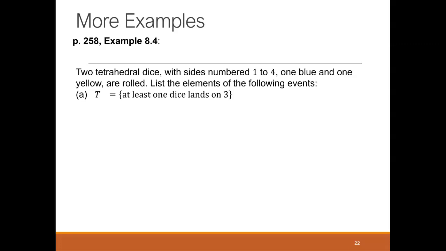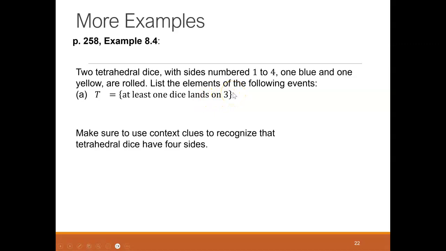So we have two four-sided dice with sides numbered 1 to 4. One dice is blue and one dice is yellow. And we roll them. We define the set T as at least one dice lands on a 3. So what are the outcomes there? 1, 1, 1, 2, 1, 3, 1, 4, and then just so on. Isn't there 2 dice? Yeah, but at least one dice lands on 3. Oh, 3, 1, 3, 2, 3, 3, 3, 4. Yeah, so